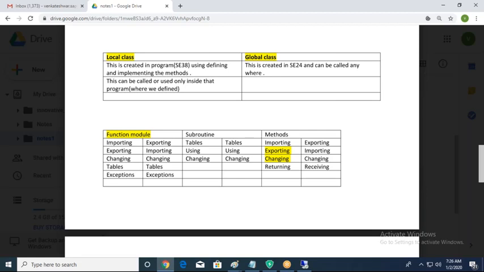Coming to the subroutine, perform, we always have tables, using, changing in perform, and form also, same thing. We should not change this order. Coming to the methods, we have importing, exporting, changing, returning. Importing becomes exporting, exporting becomes importing, changing becomes changing, returning. When you call, the returning parameter is like receiving. Also returning should always be passed by value,